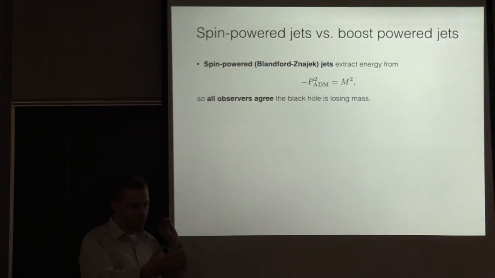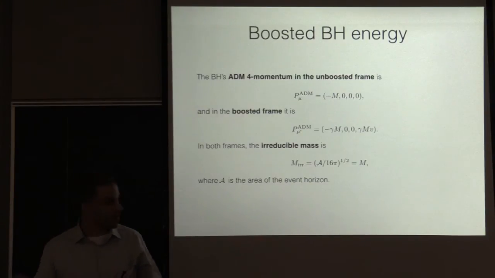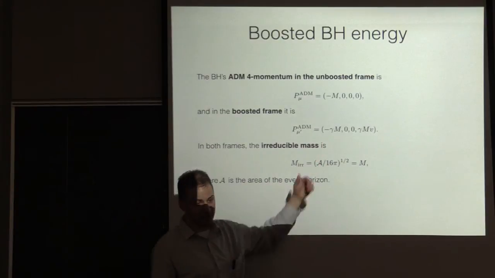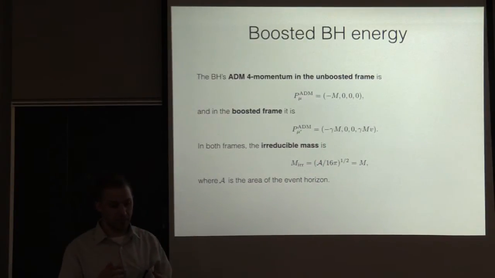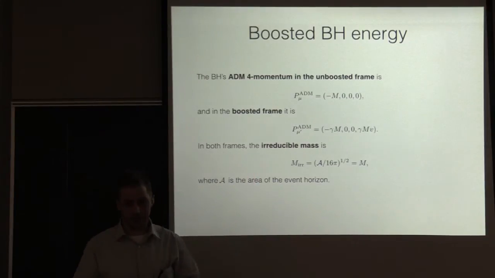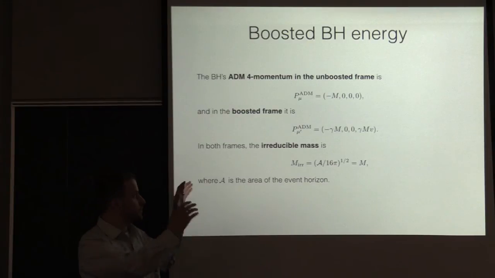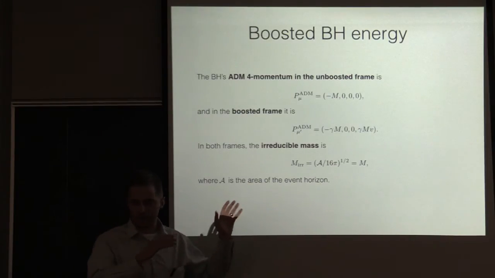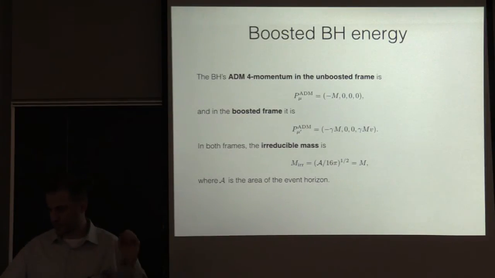This notion of extracting energy, a black hole going through a magnetic field and getting its energy out, is observer-dependent. So we're talking about this notion of energy, and only some observers see it that way. But there are astrophysical problems where it's useful to think in these terms. I spent a lot of time talking about all of that, but I think it's useful. Otherwise, it's conceptually confusing what it means to take away energy from these moving black holes.